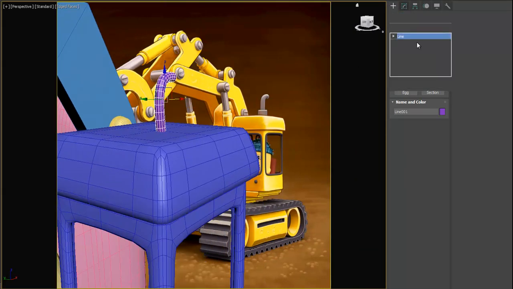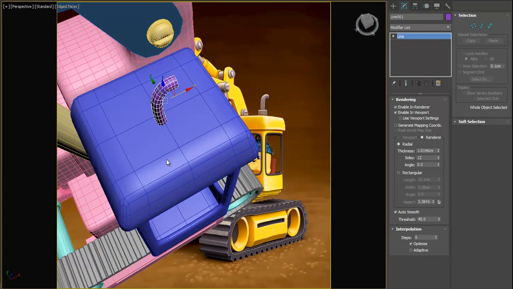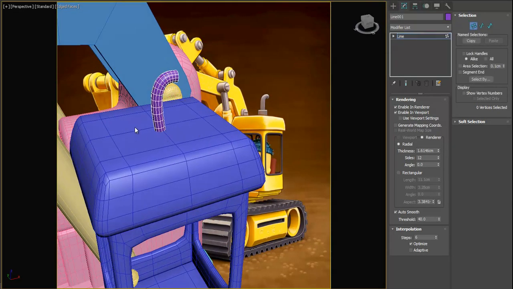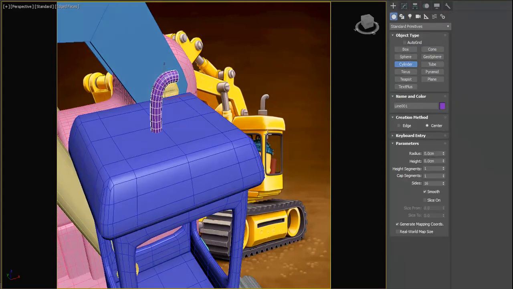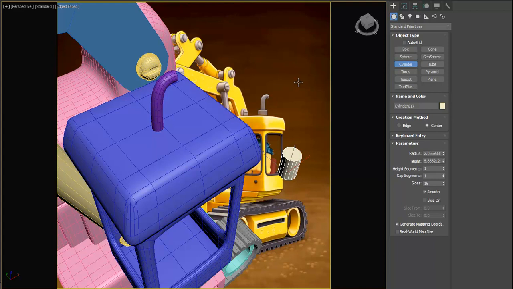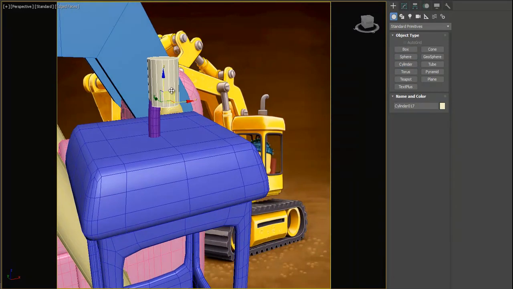Okay, and make it a little bit thicker, and let's add the cylinder and maybe select this lower part and fix it and add one cylinder here, align it to our pipe and fix the position and scale it down maybe a little bit. Okay,